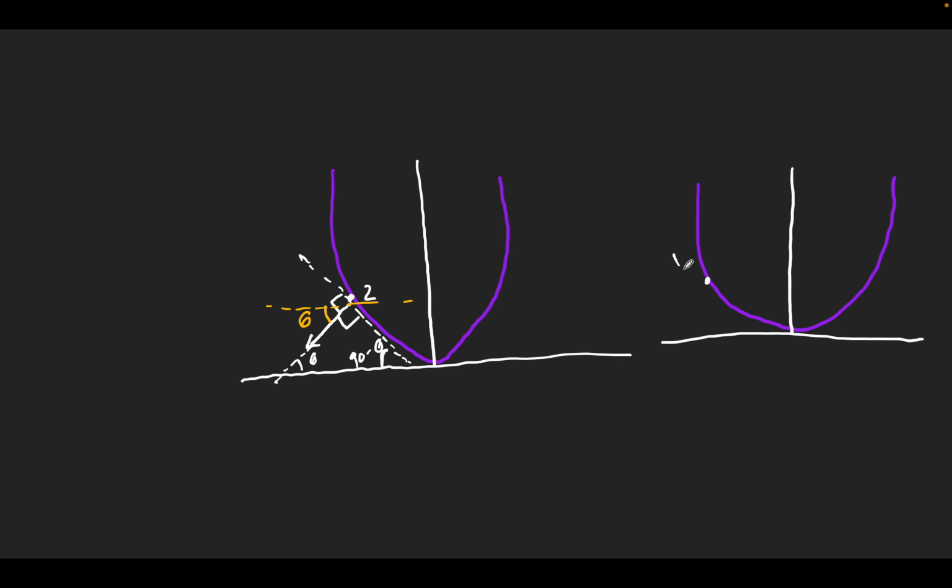The point 2 has a tangent. This angle came out to be 90 minus theta. What is this angle, considering this point? It is the slope at point 2, right? If this is point 2, this angle is the slope at point 2. That means the slope of